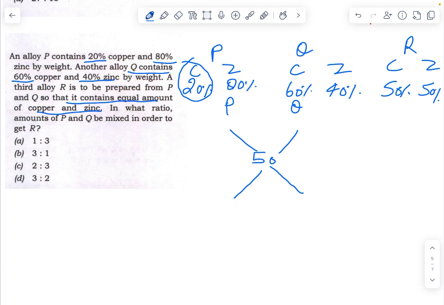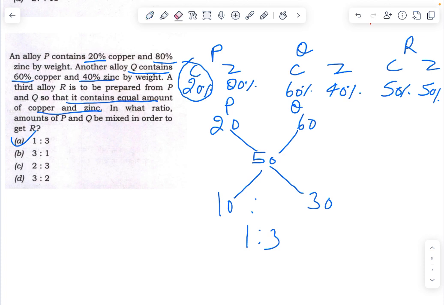Here copper is given 20% from alloy P and 60% copper from alloy Q. Okay, so reduce 20 from 50, you will get 30, and reduce 50 from 60, you will get 10. So you will get 1:3 ratio. Answer has to be